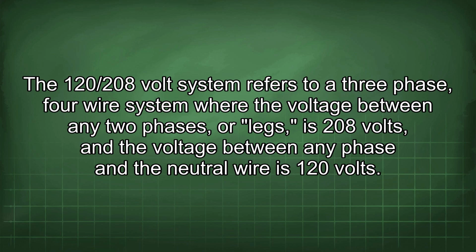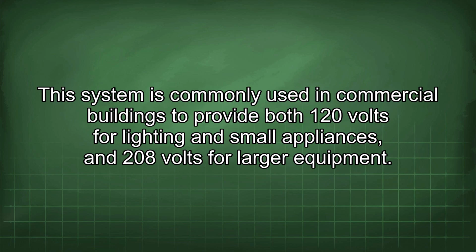The 120/208 volt system refers to a three-phase, four-wire system where the voltage between any two phases, or legs, is 208 volts, and the voltage between any phase and the neutral wire is 120 volts. This system is commonly used in commercial buildings to provide both 120 volts for lighting and small appliances, and 208